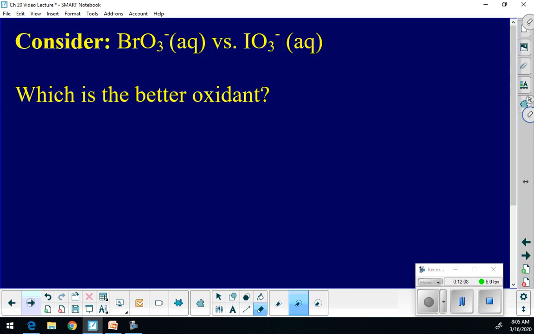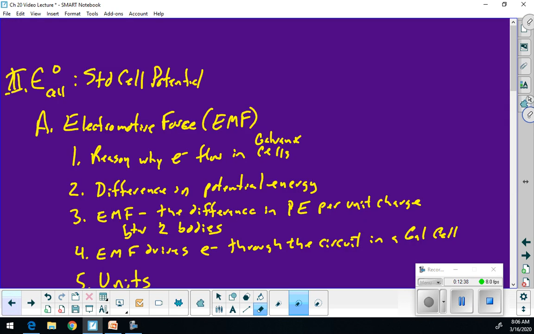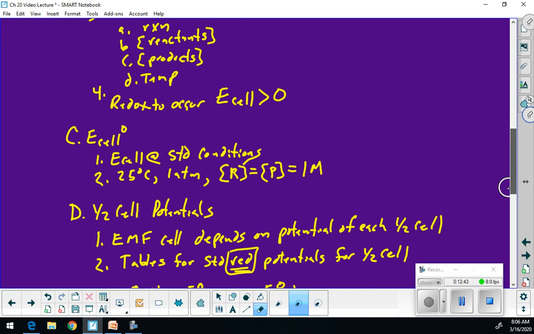All right, there you go, ladies and gentlemen. Okay, wonderful. We have really about one more question here, or two maybe, that I want to answer before we move on to a new concept, and then we'll end this before I go to the new concept. Which is the better oxidant? All right. We could really go back and add one more concept to our notes. You ready? I hope this doesn't make you car sick by this moving so fast. There we go. And that is that my standard